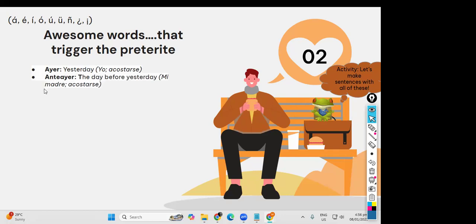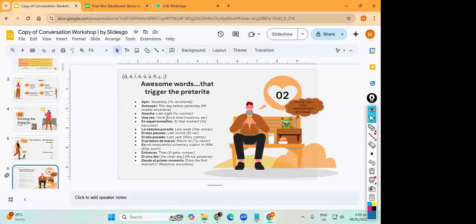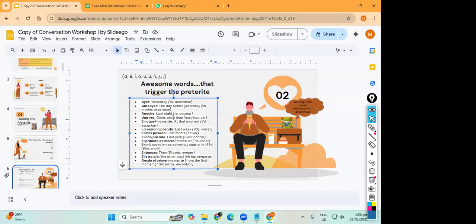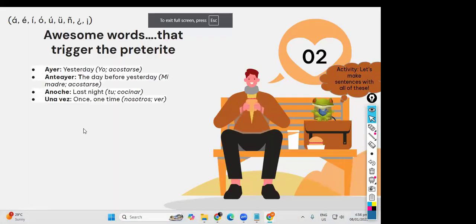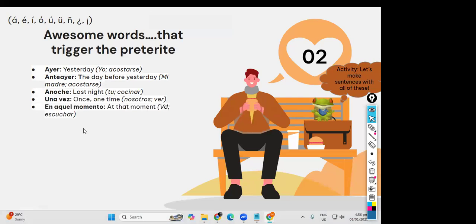I'm going to put up 5 at a time. So people who are faster, you could work ahead, right? Anteayer, which means the day before yesterday. Anoche, last night. Una vez, once. This should be one time, not once time. Right? And then in aquel momento, at that moment, right? All right, so for the first one, which I will do with you,